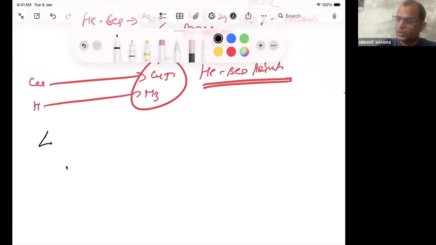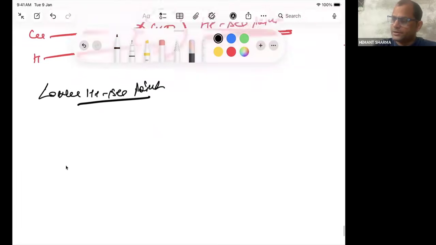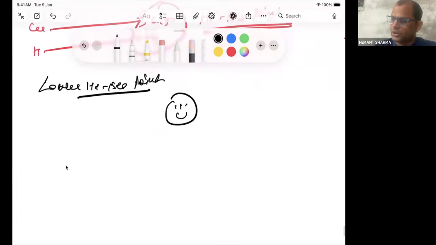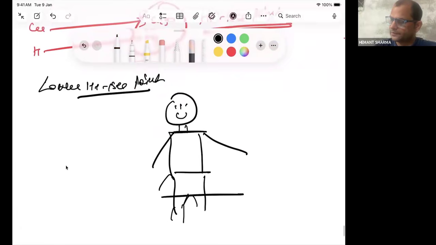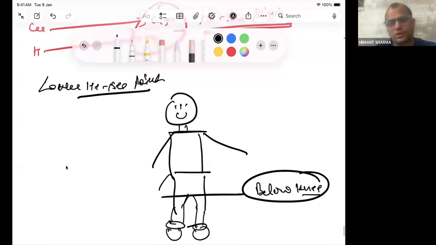Now what is lower He-See point? So lower He-See points are found in the lower body. Lower body means below the knee. लोअर हीसी पॉइंट वो पॉइंट है जो लोअर बॉडी में मीन्स बिलो नी और ऑन द नी, राइट।